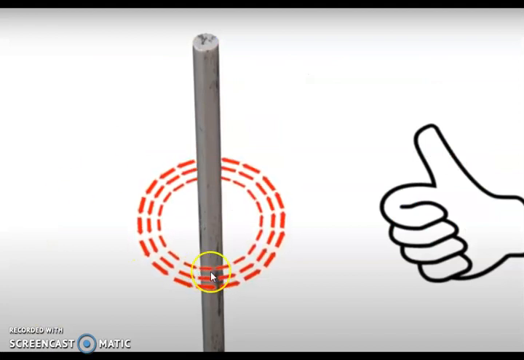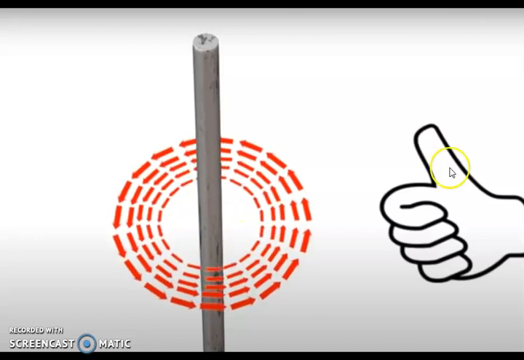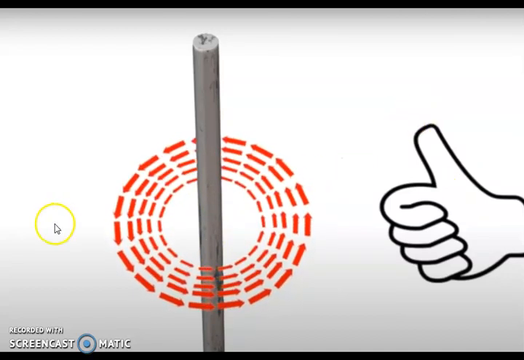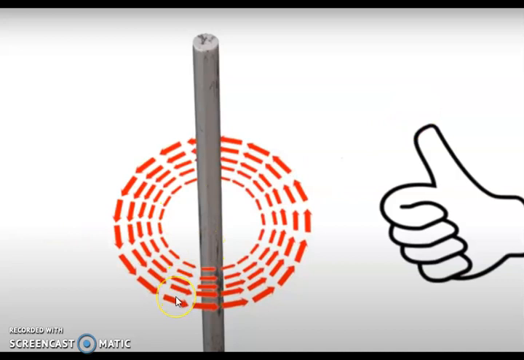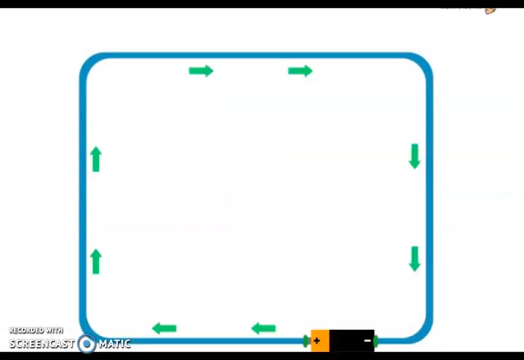As we can see, the current is moving in this direction and the thumb is pointing in the upward direction. In this case the current is flowing upward, and when you give the curl to your fingers in this way, you can calculate the direction of magnetic field lines. The red part is showing the direction of magnetic field lines. Let's try to study with the help of a simple wire as well.